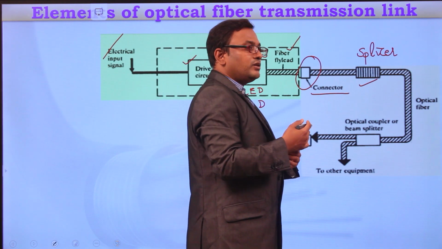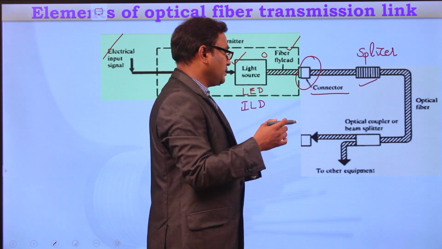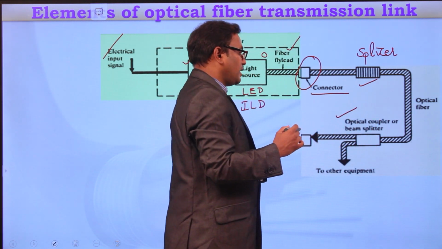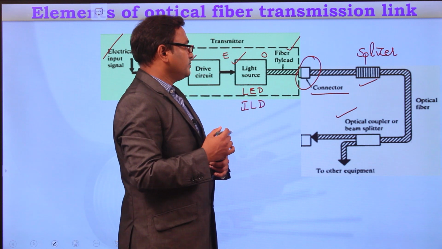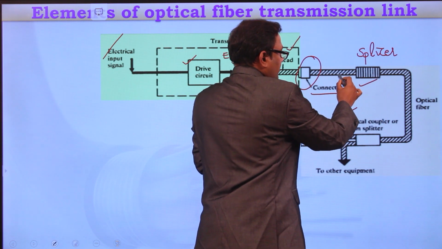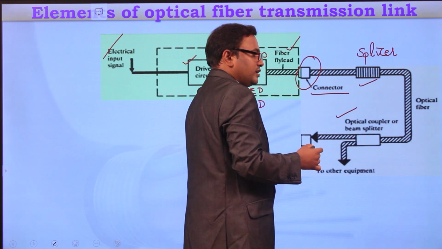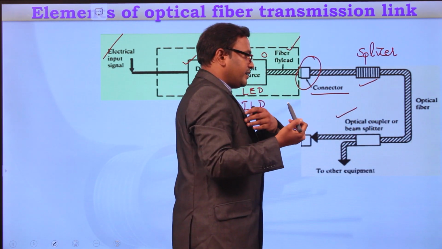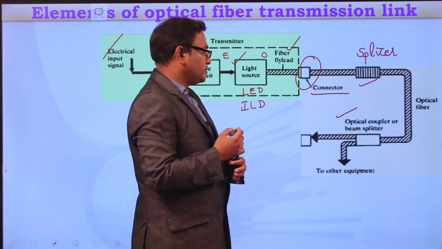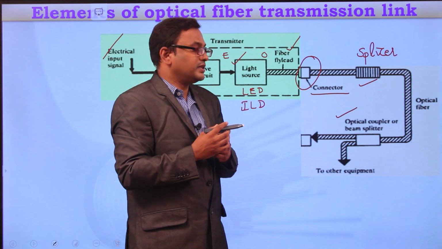And then if you want to direct our optical information signal in different directions, then we need to split that data. For that, there are optical couplers or beam splitters, right? This optical fiber cable carries the light information. If you want to split this light information in different directions, then we have to use optical couplers or beam splitters. In the market, different types of optical couplers like star couplers and Mach-Zehnder couplers are available.